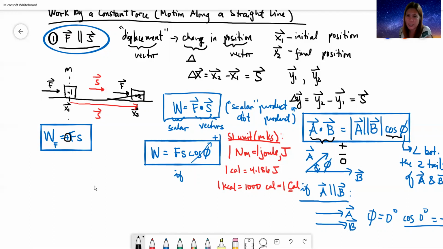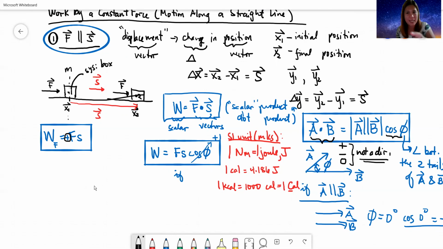Kasi nga, hindi ito direction, ha? Not a direction. But it has a different physical meaning depending on these two vectors. So, in this particular case, we have force and displacement. So, si positive work class, if you notice here, positive work happens if your system, in this case, our system is the box, receives the energy, then that force will be doing a positive work.